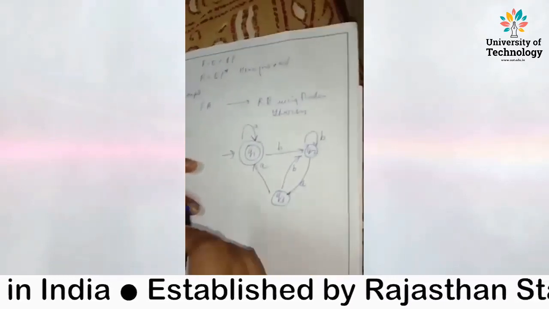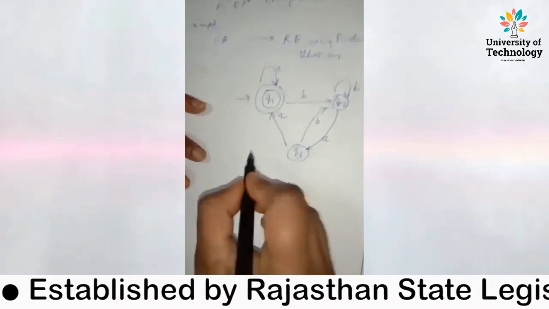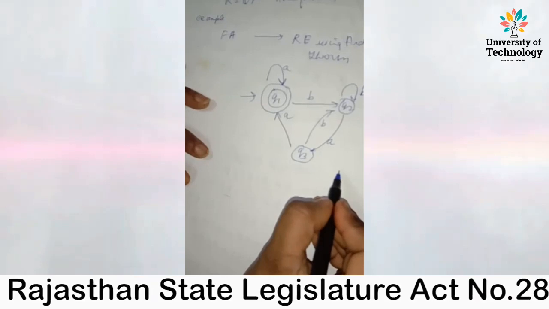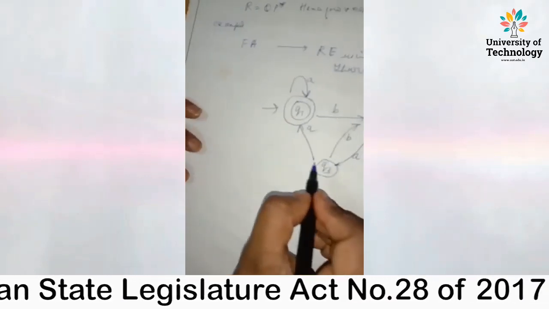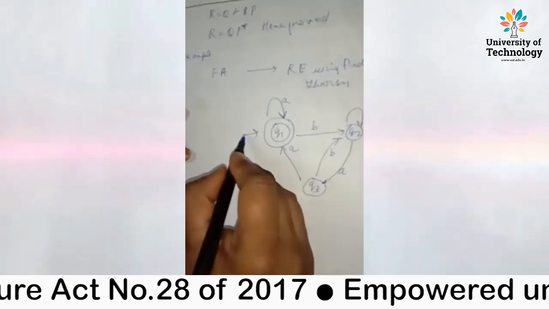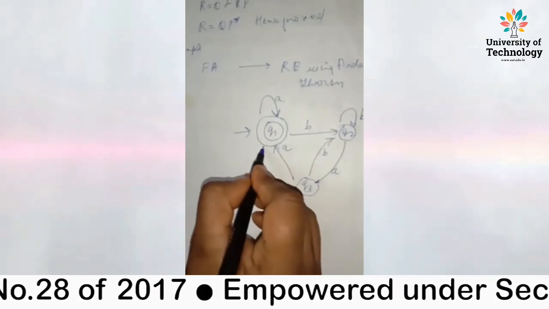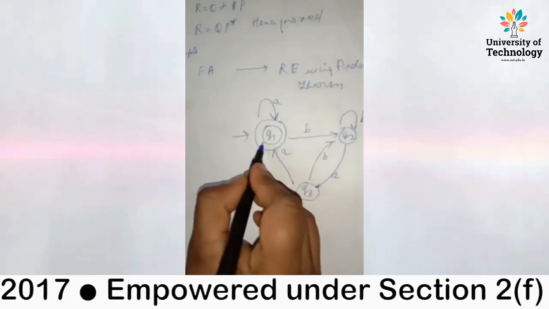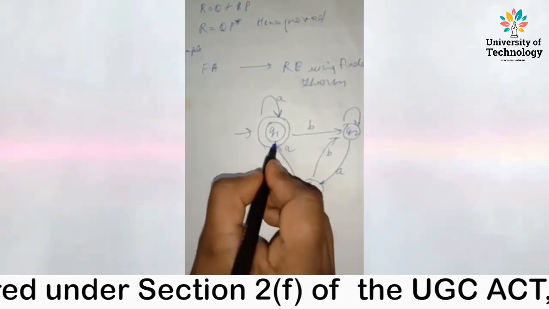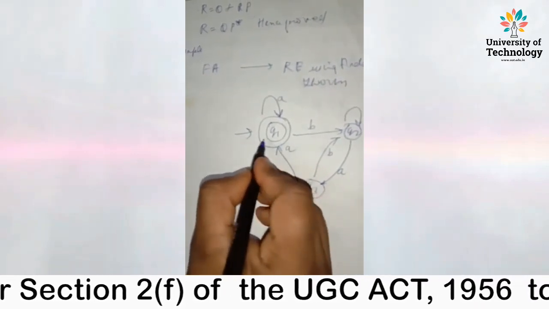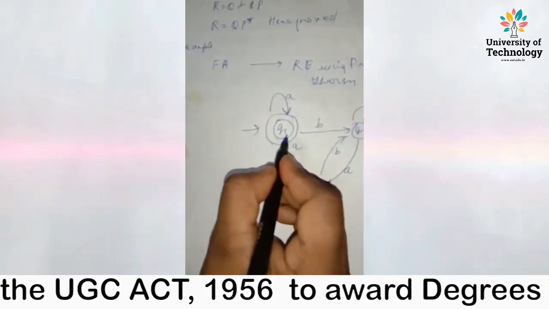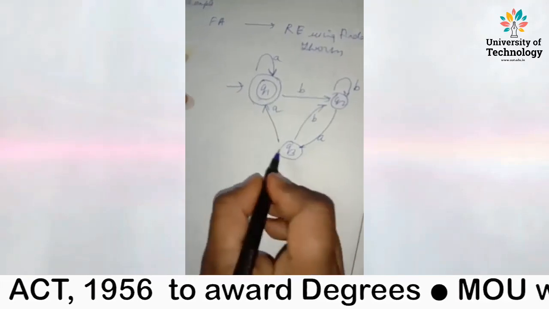Suppose this is the finite automata which has been given to us, and we have to convert this finite automata into a regular expression using Arden's theorem. So how we are going to do this, we'll see. Okay. Since Q1 has a circle inside the circle, which implies the final state, we have to find the answer in terms of that state. So whatever answer comes out for Q1 is going to be the final regular expression. Now we'll see how you can reach Q1.